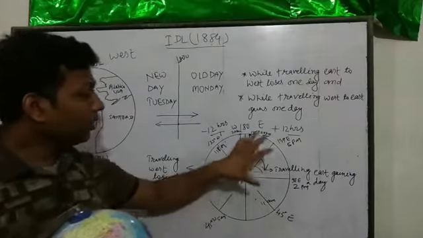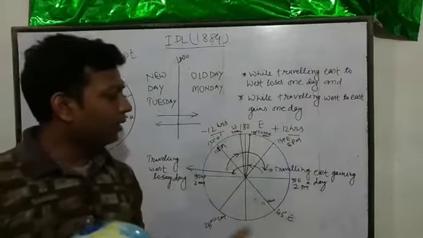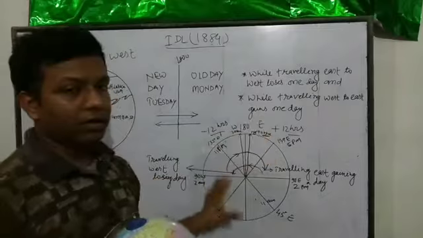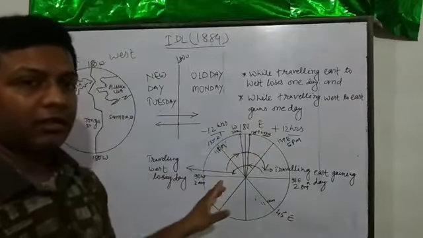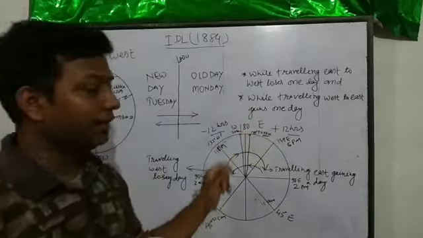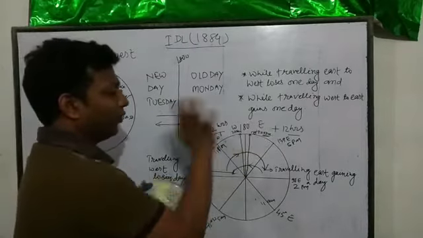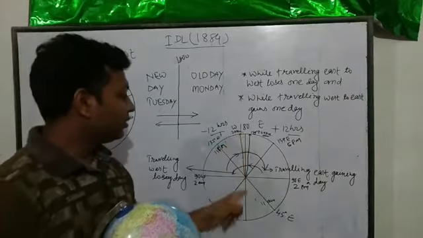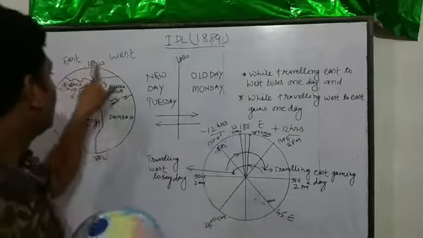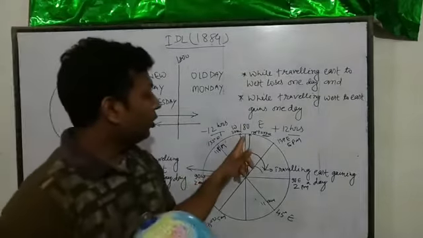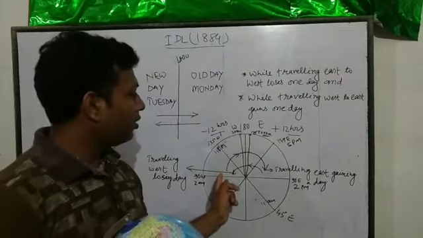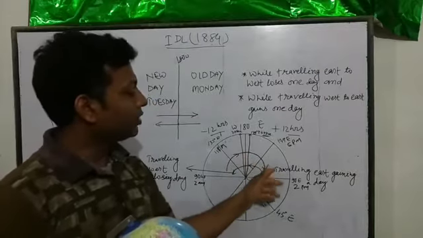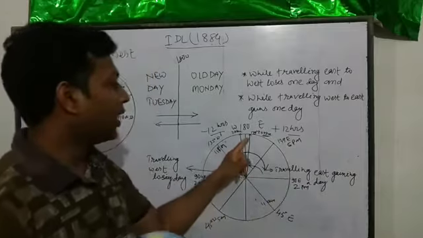Suppose this is our earth and this is the meridian. Here I am writing east and west. What's in your mind? So east and west we have, and this is 180 degree. For your understanding, it is straight here, but like that it is. So from here, if we travel from west to east, we gain 1 day.